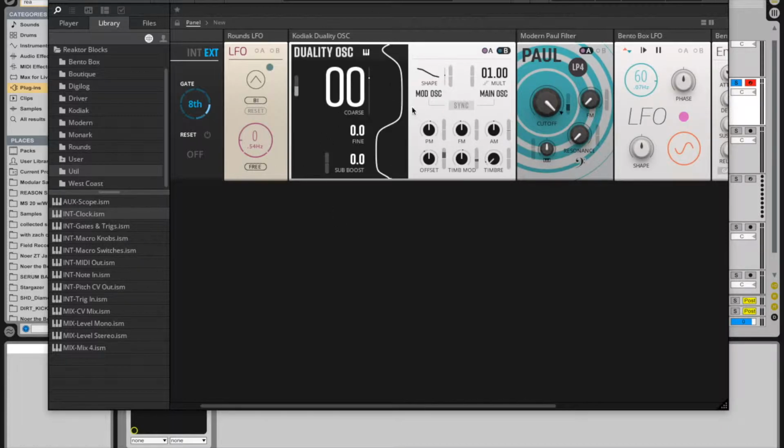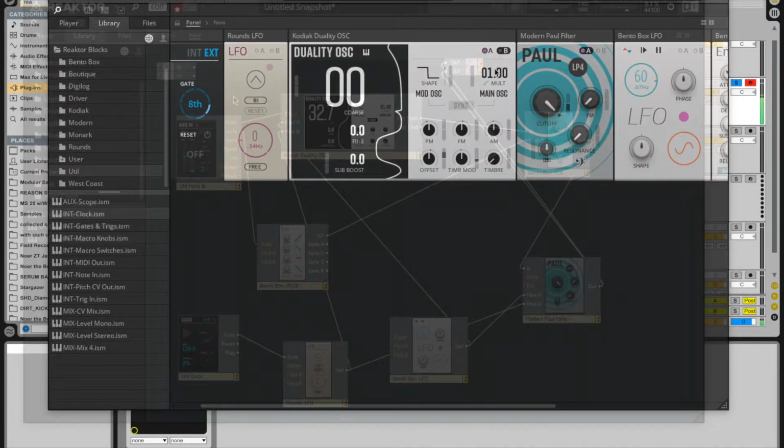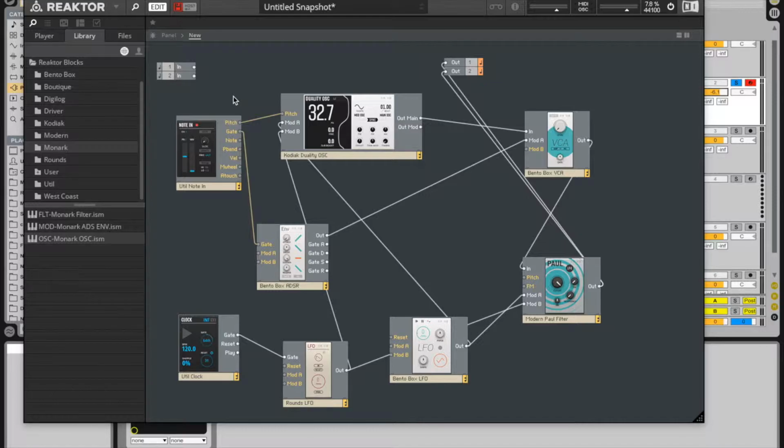slowing that LFO down on the pitch, we're getting these awesome glides. Really, really fun. I'm having a blast with this. And that's just scratching the surface with this duality oscillator. We have the different sync modes. We could adjust the mult. So there you have it. We made 2 pretty cool playable synths in Reaktor Blocks, and I think it's awesome working with Reaktor Blocks because